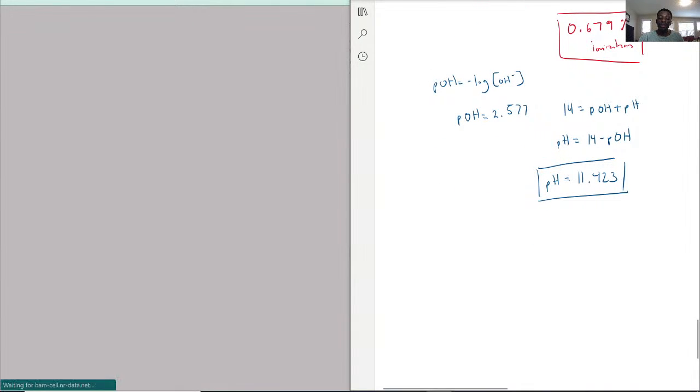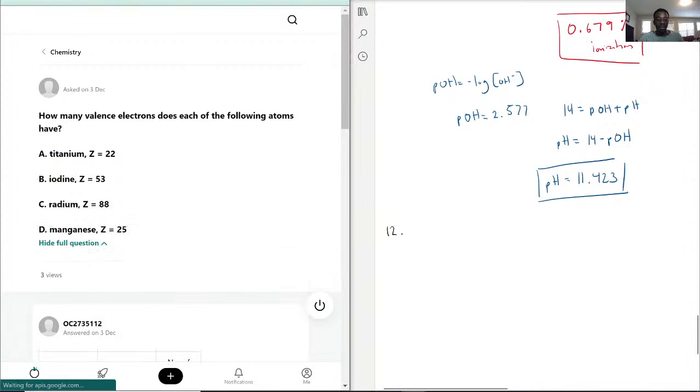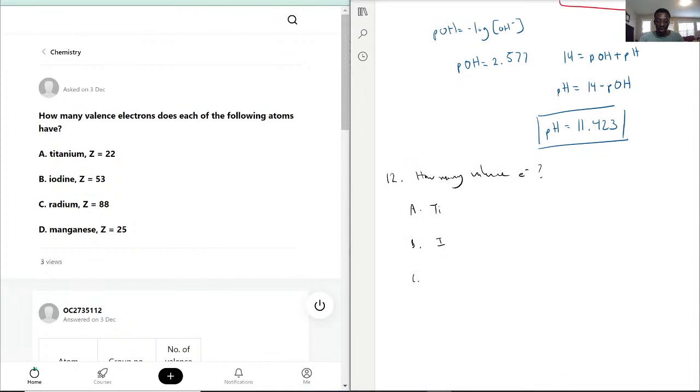And now question number 12. How many valence electrons does each of the following atoms have? How many valence electrons? So I'm going to list them down. A, titanium. B, iodine. C, radium. And D,